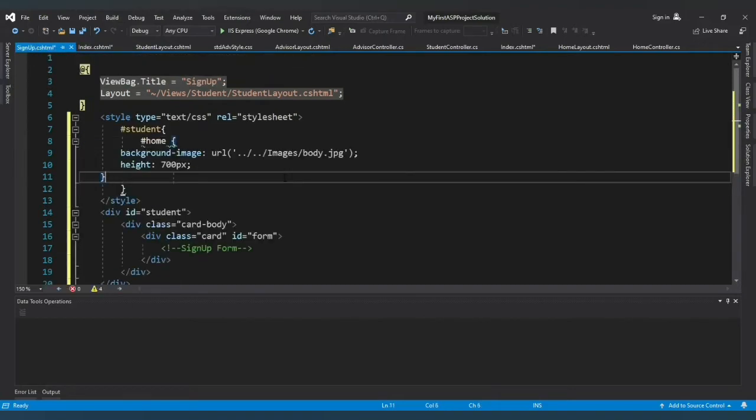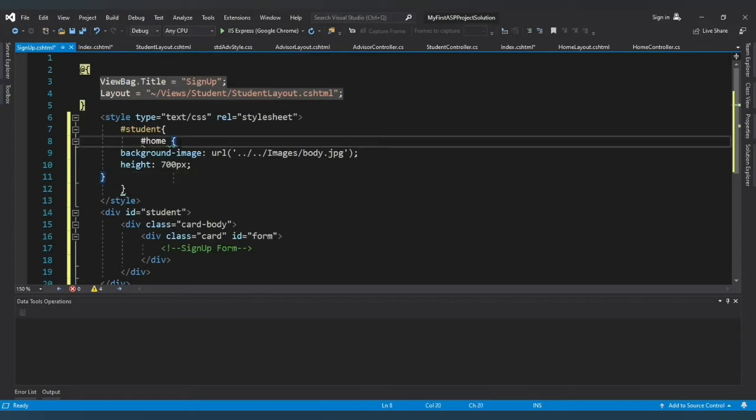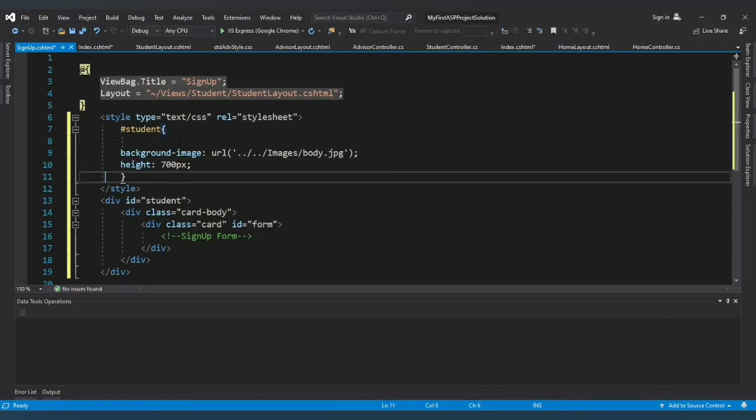Ctrl V. Oh, ooh, copied too much. Take this out. Alright. Okay, so that's the background image for the students. Okay, then